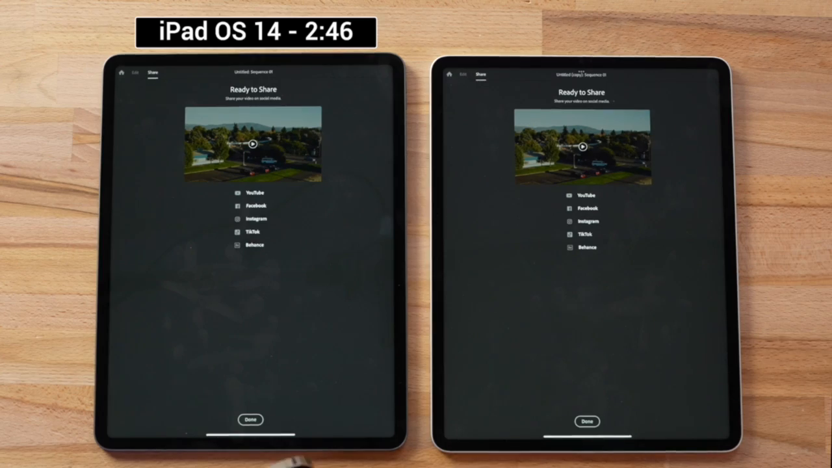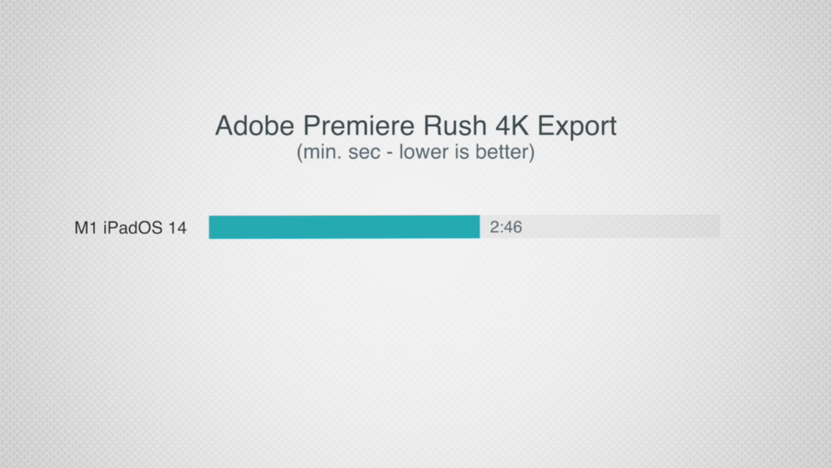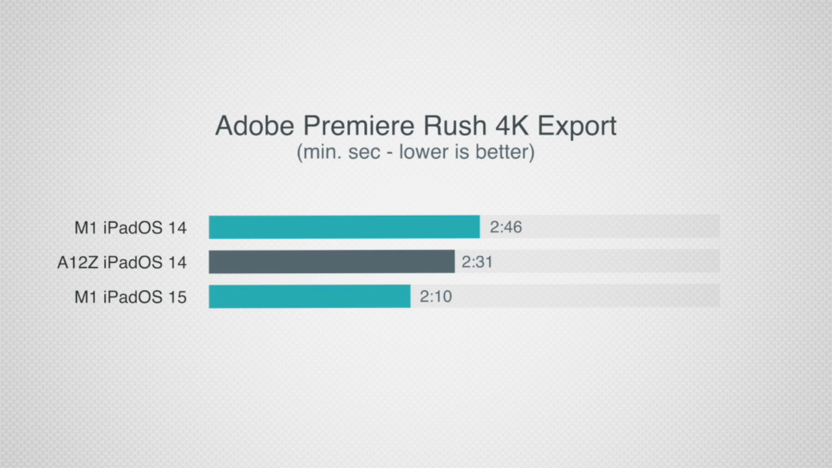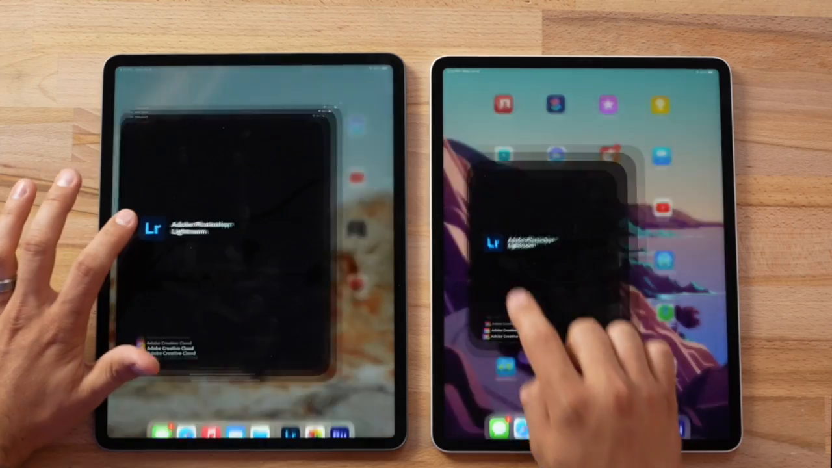It took 2 minutes and 46 seconds with iPadOS 14, and the A12Z took 2 minutes and 31 seconds. But with iPadOS 15, it took 2 minutes and 10 seconds, a big improvement. That is 28% faster with iPadOS 15. That is fantastic. Still not that much faster than the 2020 model, but let's go ahead and open up Lightroom